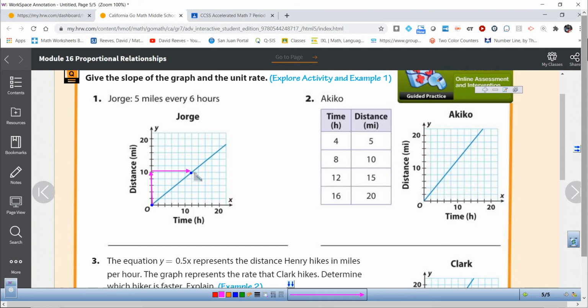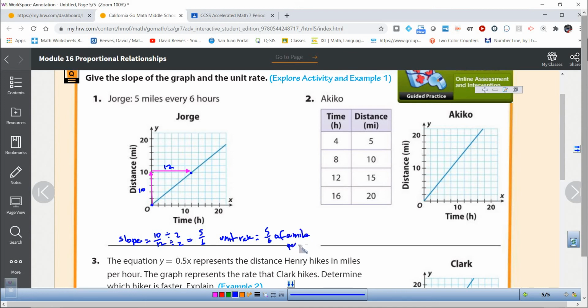All right, if we take a look on the graph, what do we have here? We have 10 and we have 12, right? So our slope is 10 twelfths. But 10 twelfths simplifies if you divide both of those by 2 to what? 5 sixths. So what does that say? That says George or Jorge, I'm not quite sure which one it's supposed to be. The unit rate would be what? The unit rate would be 5 sixths of what? A mile